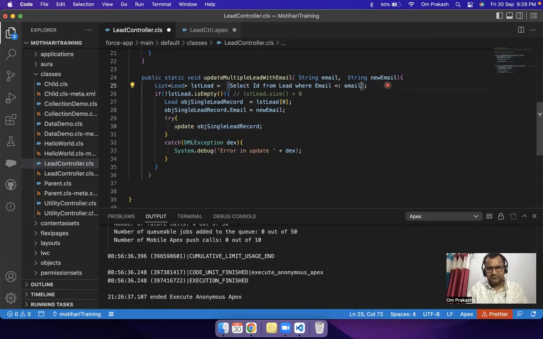By the way, it's good to have a limit, but that's fine. I'm removing the limit here. My org has limited data, so it's fine. I'll come back to this topic someday in governor limits, but as of now, let's understand. We are just getting the lead record with email equal to a specific email. That's fine, we can keep this, but that is not fine. See, we are taking the zero index now. So why not